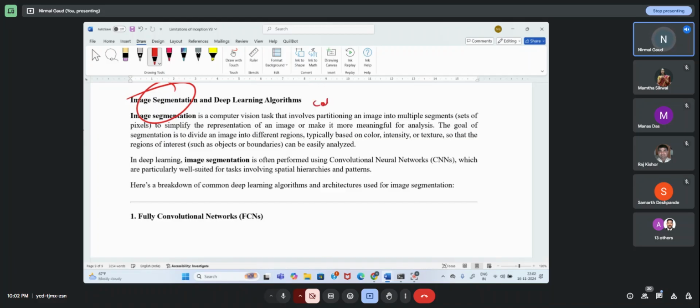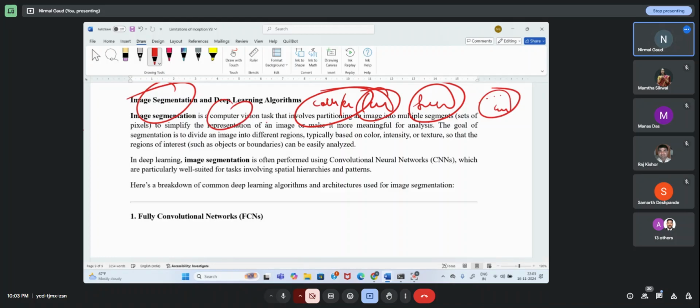In segmentation, you are going to segment, or collect, or cluster. In case of machine learning, we say clustering. With images, we say segmentation. In segmentation, we are collecting pixels. Okay, so in computer vision there is a